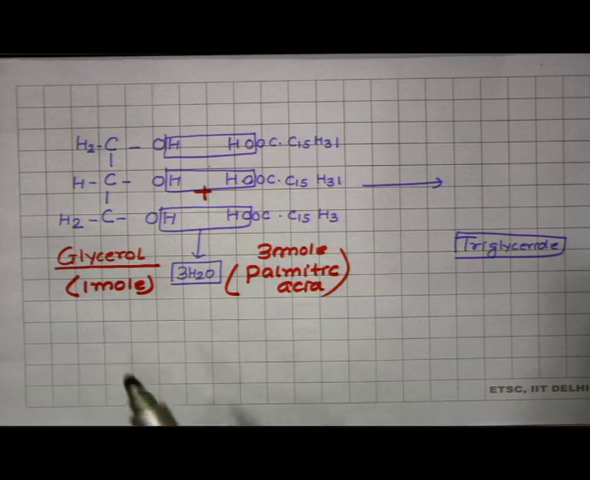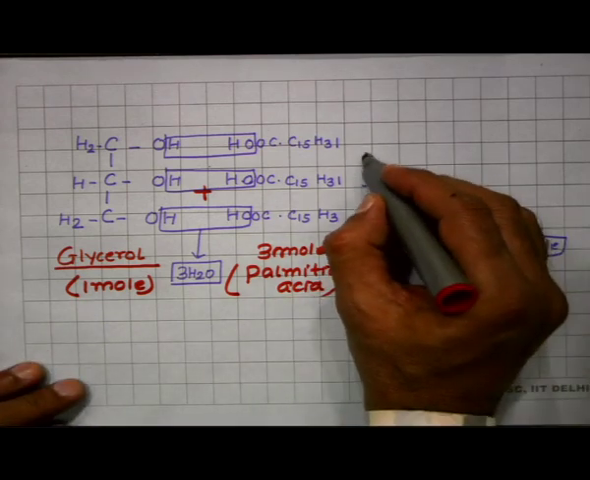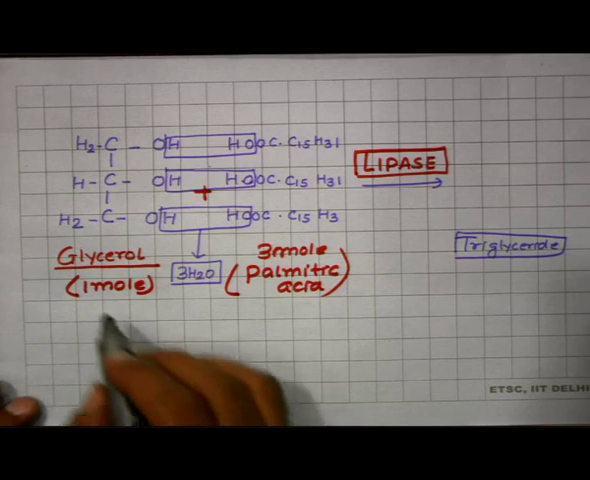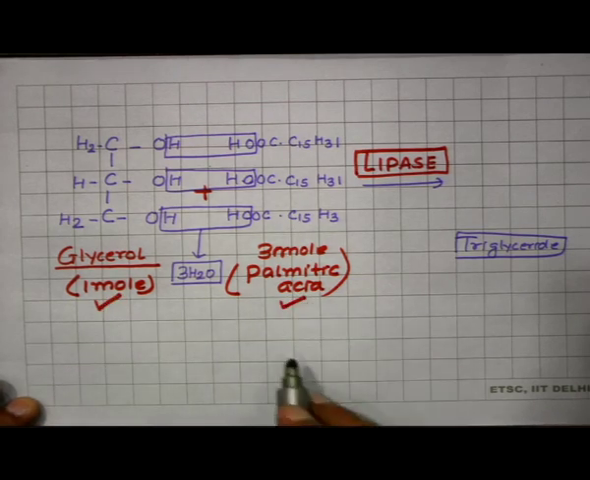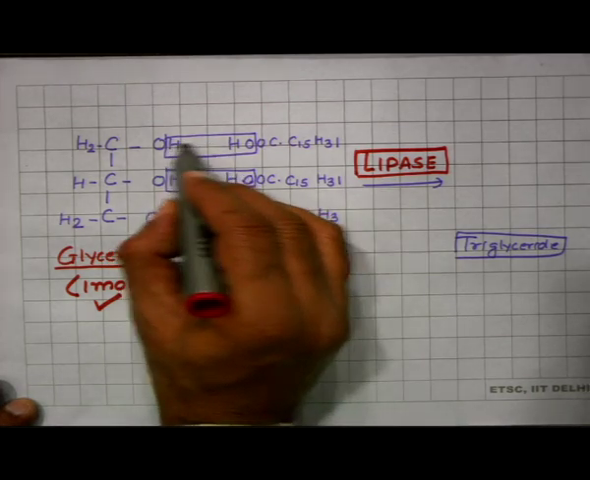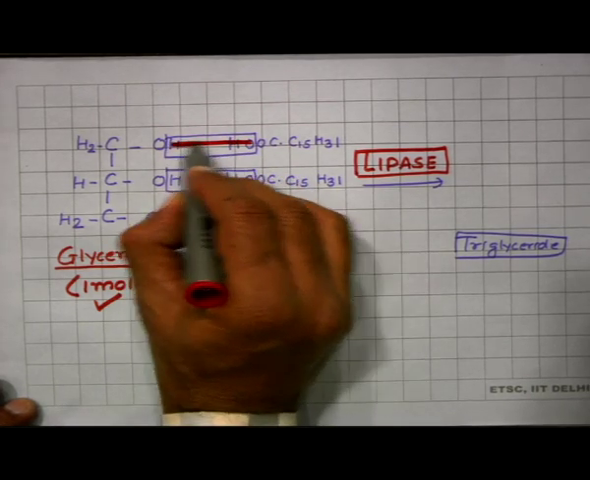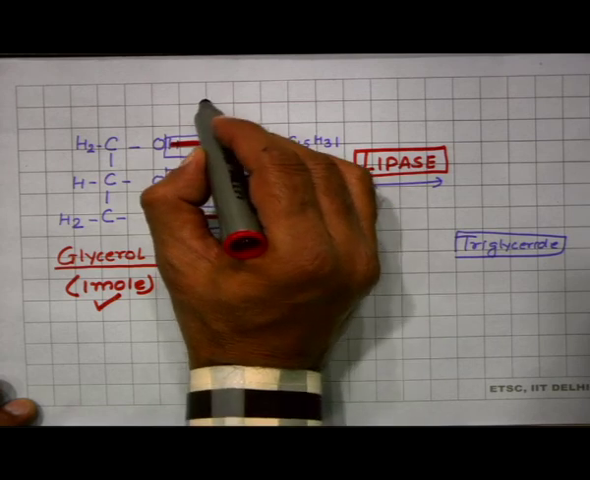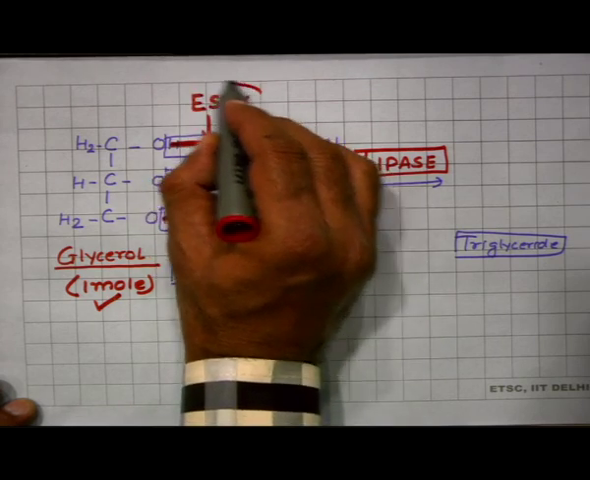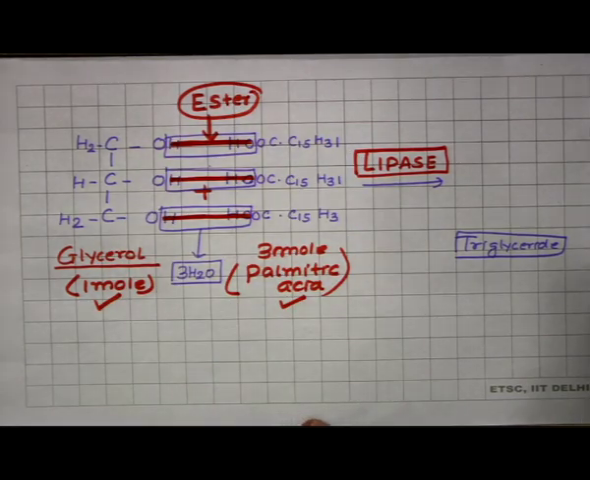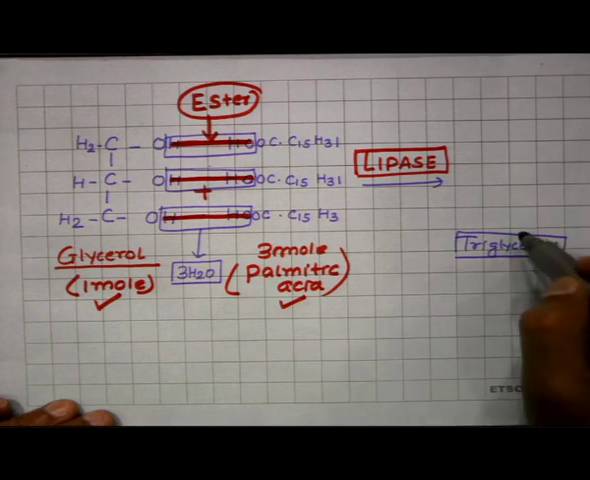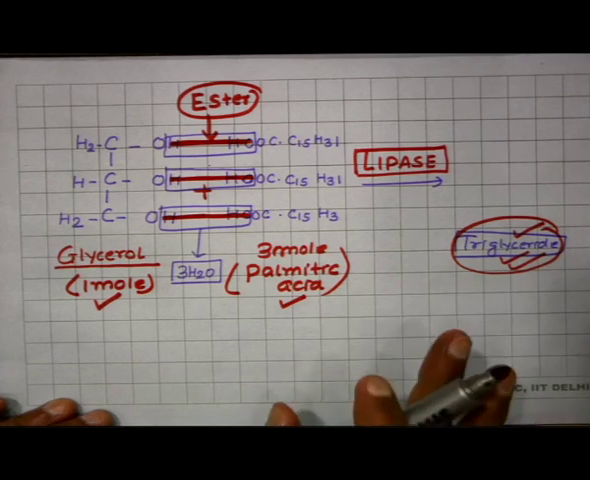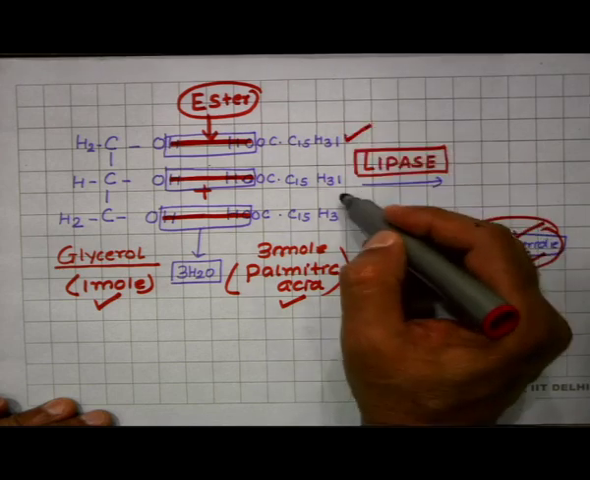And this reaction occurs with the help of the enzyme lipase. So, with the help of lipase enzyme, 1 mole of glycerol combines with 3 moles of palmitic acid, and this structure is formed after the removal of water. Now, this bond is called the ester bond. So, you can easily form the fatty structure: the simple fat is called triglyceride, because the triglyceride requires 3 molecules of fatty acids and